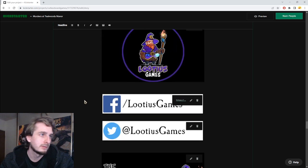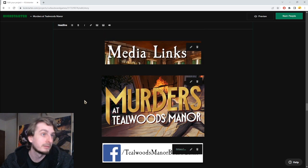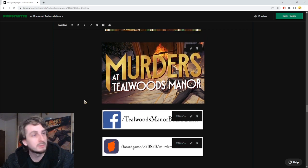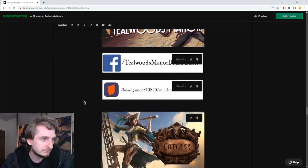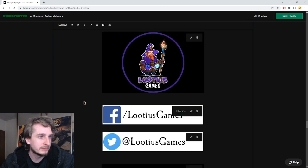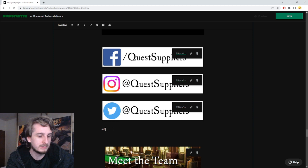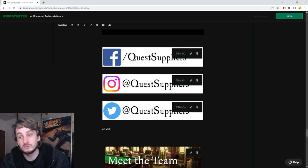Save. I don't know how to turn off my dark mode in a hurry, so I'm not going to do that and show it all to you, but this is kind of how it looks. Nice breakdown of each individual participant and their things. What I might go and do later on is add the artists as well at the bottom. So I might just add a little question mark for that here for me to do later. I don't want to do this. It's already kind of a long video,